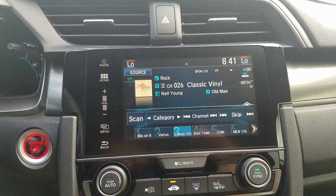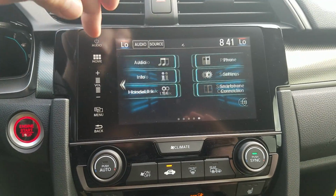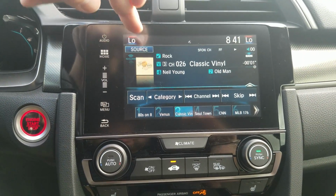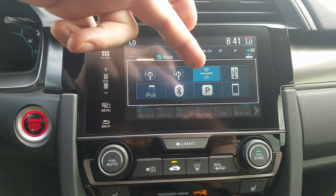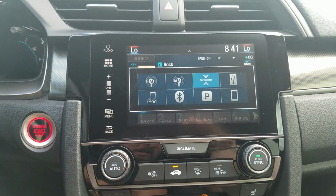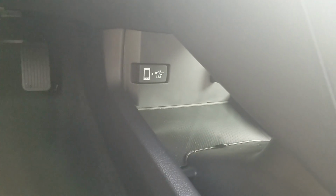Now onto the dash. I'm going to start you at the home screen here and walk you through some things. So audio-wise, let's show you all your different options. I'm going to touch the source button right here, and this will pull them all up. So I've got FM, I've got AM, I have 90 days of satellite radio for free. I do have USBs that I can plug into. So I've got two. I've got one down there, and that's the one you'd use for Apple CarPlay or Android